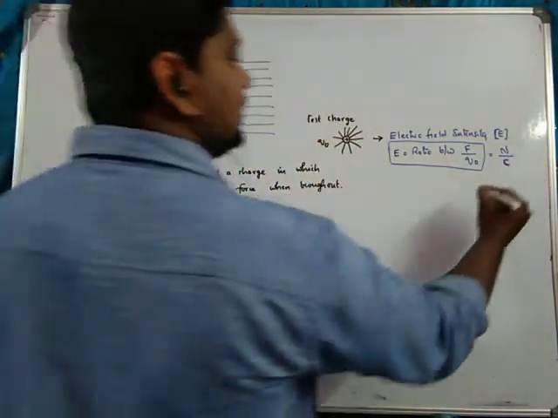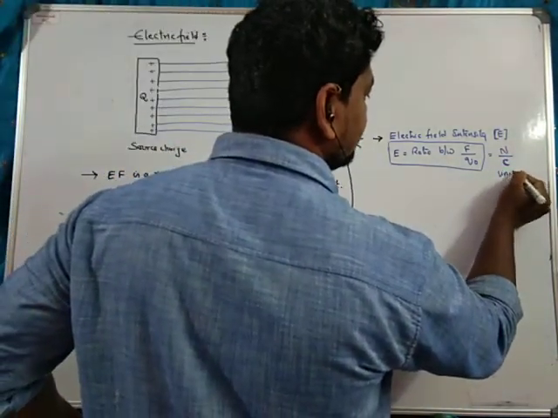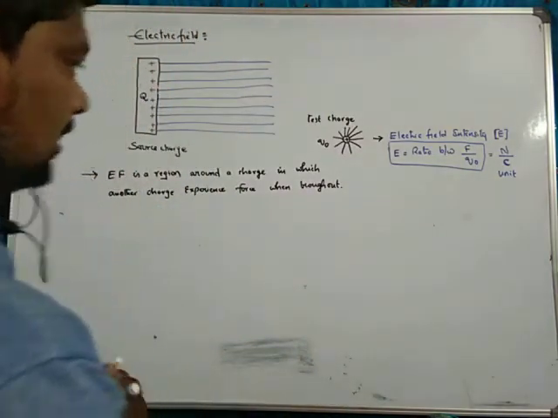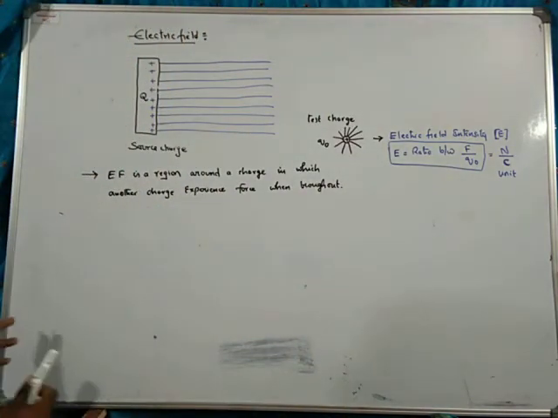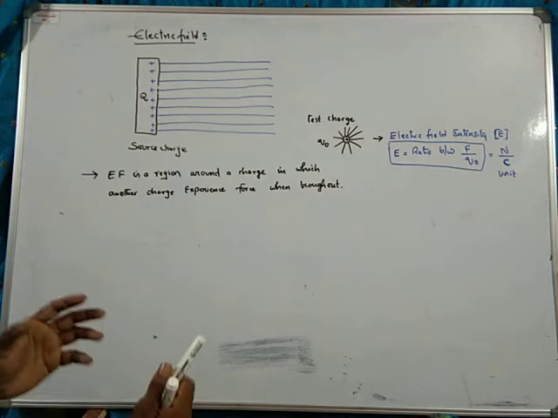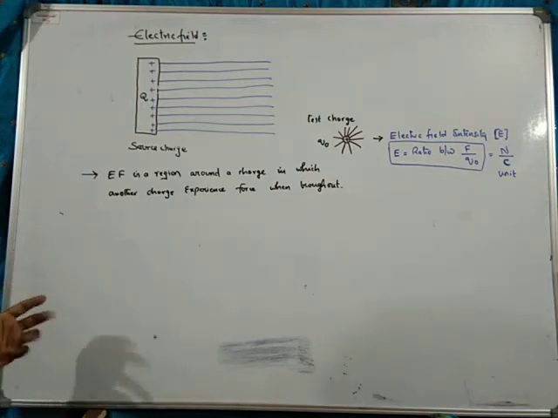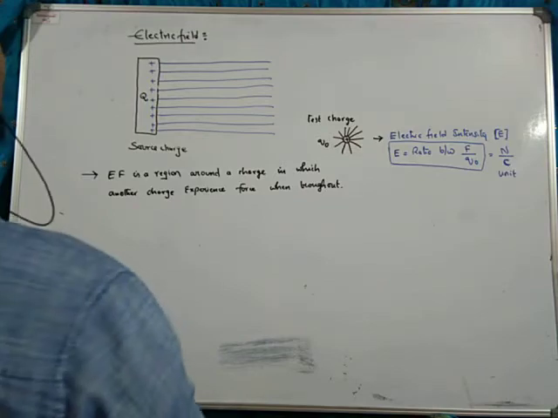So this will be the unit. Now here we have a source charge and we have a test charge. Whenever we have a test charge and source charge, it generates some force with respect to the charge. That's the ratio of force upon the test charge, whenever we have a point. So whenever we have a point, this is what we call the